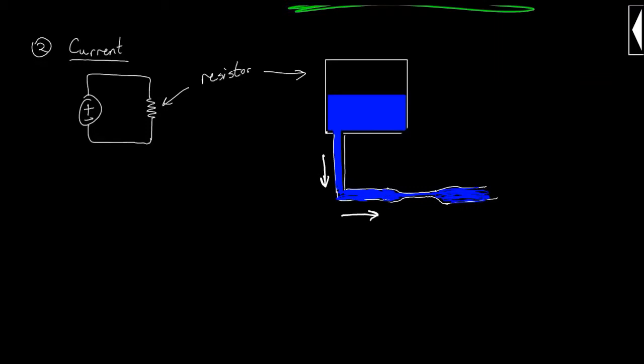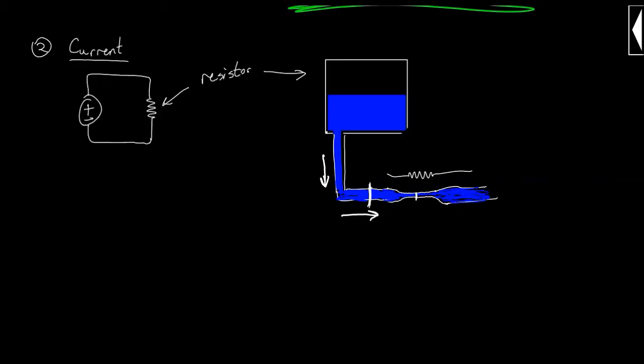So there's going to be less volume of water flowing through this constricted area here, and this is equivalent to a resistor right there. So what happens is your current's flowing here. Your current can be defined in this analogy as the amount of water flowing through a given cross section of the pipe. Since your pipe is much smaller, it constricts that cross section to a much smaller area. So you're not going to have as much water flowing through a given section of pipe as before, ergo a